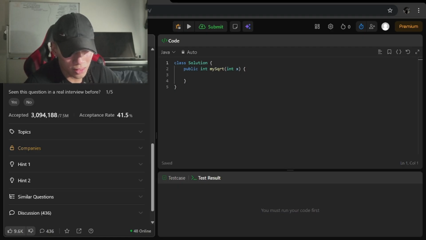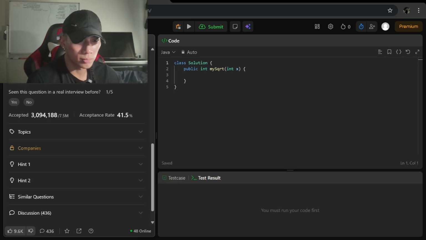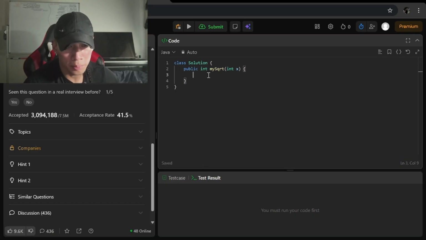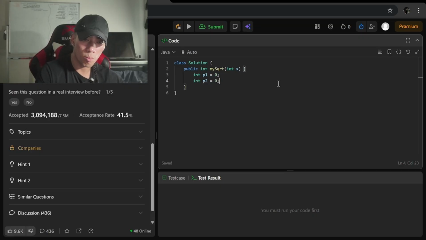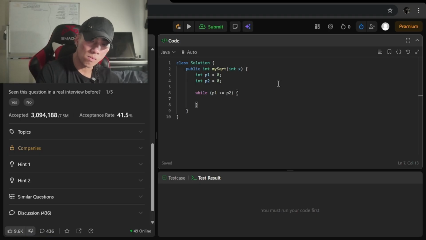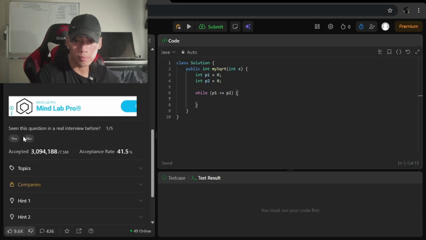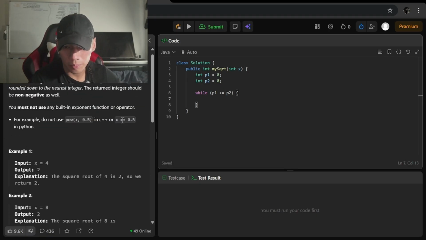Yeah, middle times middle. But is that not like exponent functions? No, times is not power.